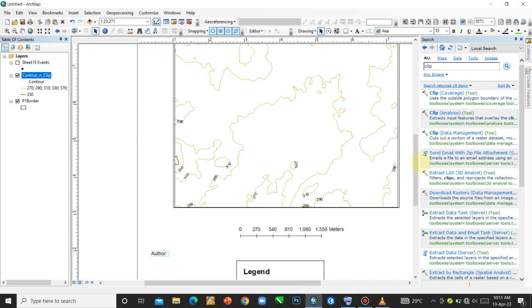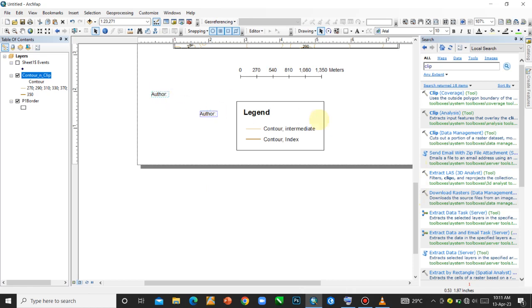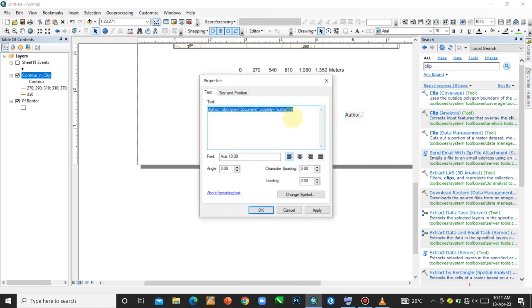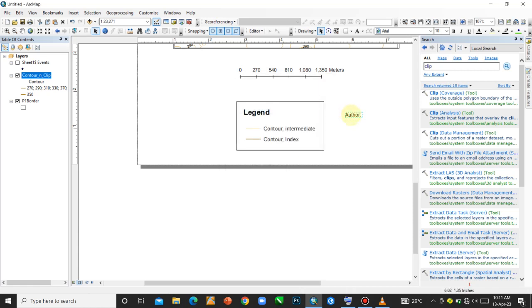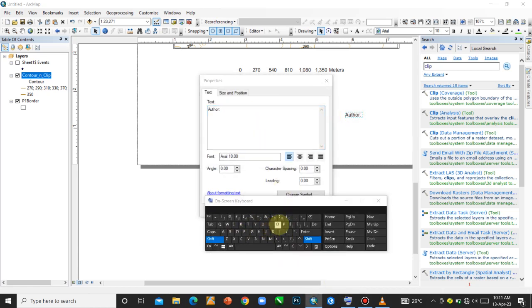I want you to add it so that you can easily identify your map for submission. Just right click on it, convert to graphics, then double click on it and add your name to it. So I'm going to add my name, Jeremiah